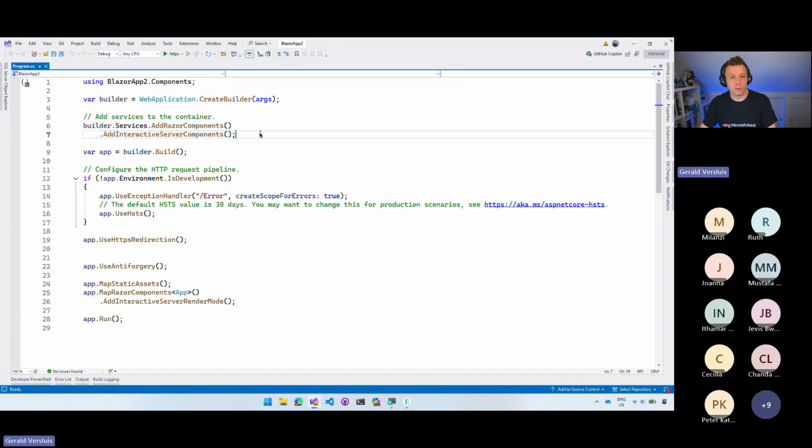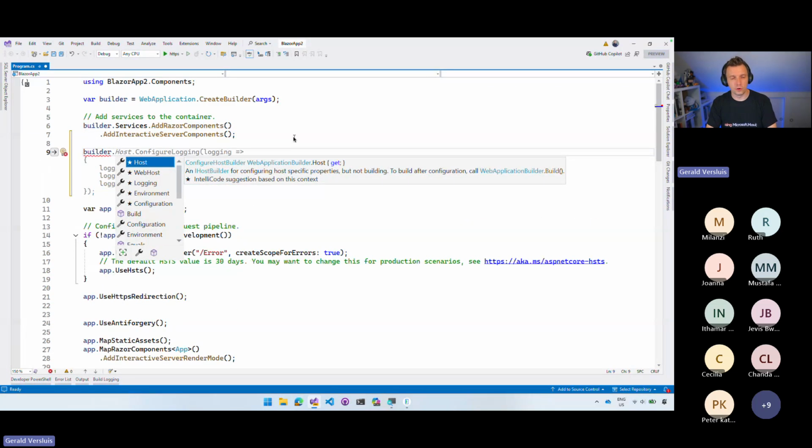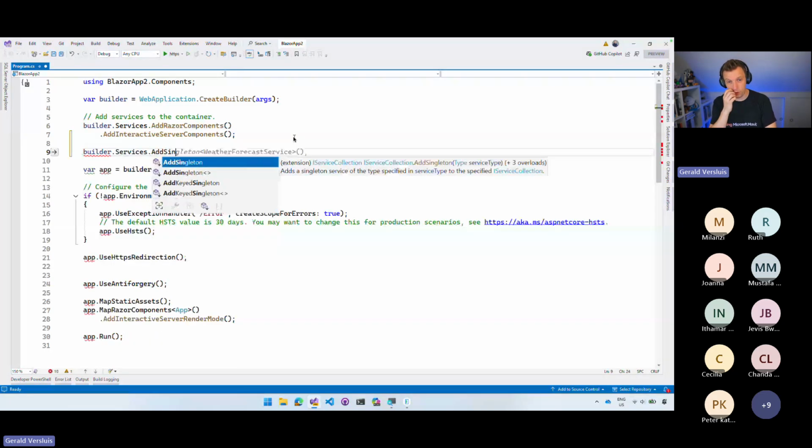Add interactive server components, builder.build, and again, here exactly the same as you would do for Blazor. For .NET MAUI, you can say services.AddSingleton, right? You can add all of your